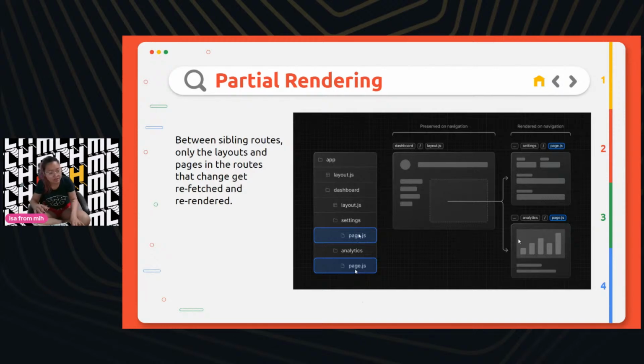It doesn't have to call in the processing power to redo analytics if only settings needed re-rendering. Same goes for API calls. If you have an API call in analytics and settings doesn't need to hear about that API call, only analytics will re-render, thereby keeping settings and layout and everything else static. It stays the same.